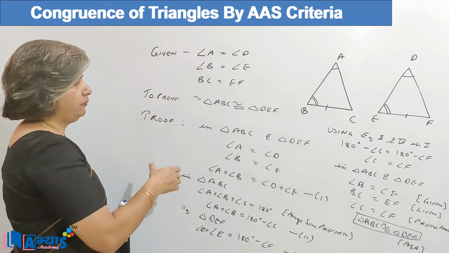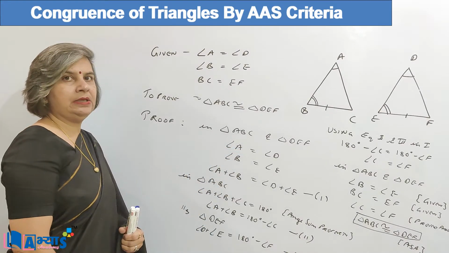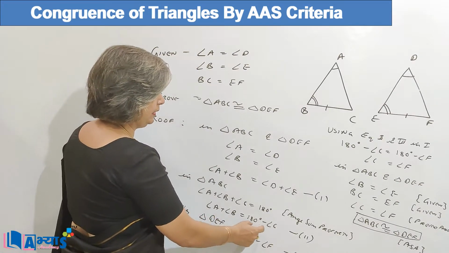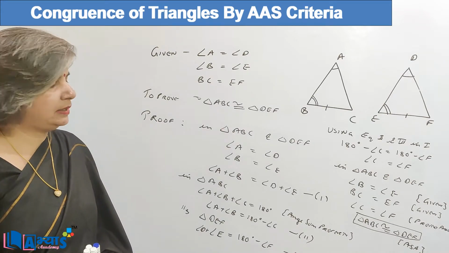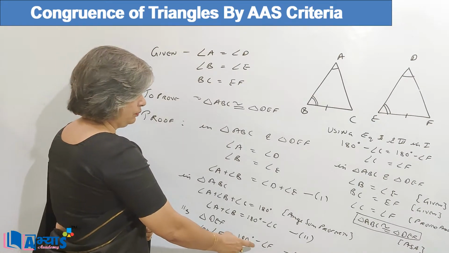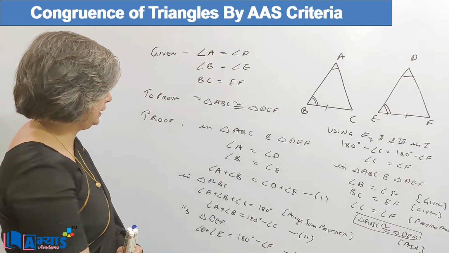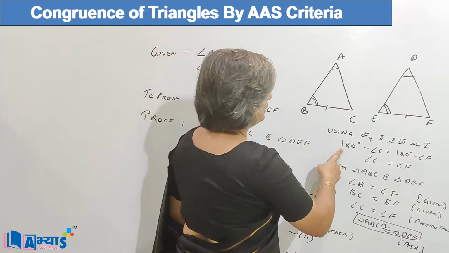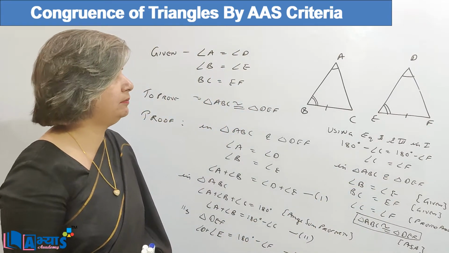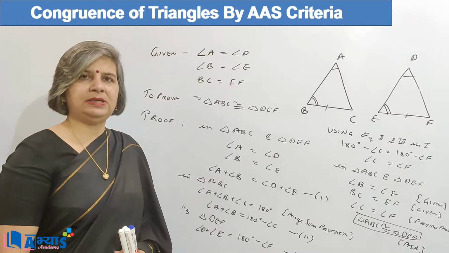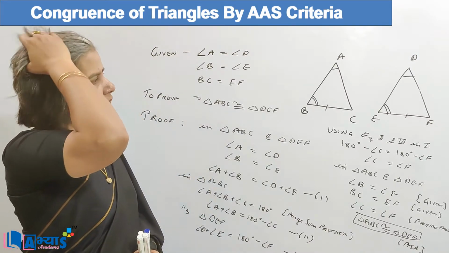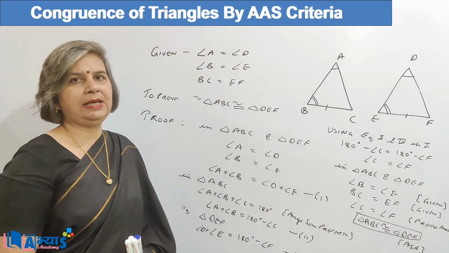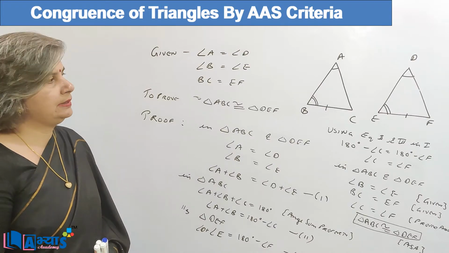To sum up, what we have done, we have used the angle sum property in triangle ABC and triangle DEF, and we have found that angle A plus angle B is equal to 180 degrees minus angle C, and angle D plus angle E is equal to 180 degrees minus angle F. Using these two values in the equation 1, we have found that 180 degrees minus angle C is equal to 180 degrees minus angle F, or we can say angle C is equal to angle F. Now we have found that all the three angles are equal. So we have used the criteria of ASA, that means angle, included side and the angle.